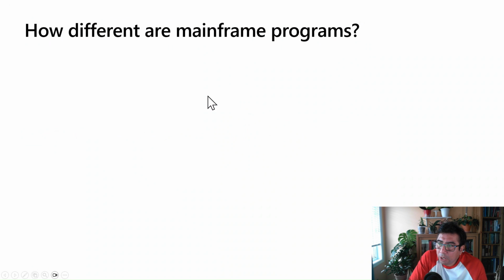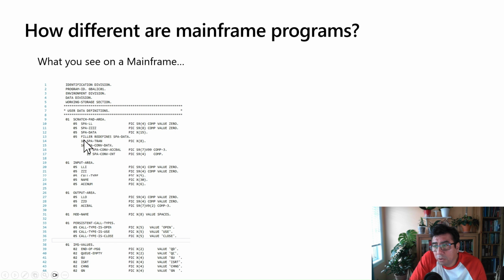Okay, so first of all, how different are mainframe programs and environments? One major difference is that mainframes run on EBCDIC, not on ASCII. Also, COBOL is the most known programming language for mainframe systems, so it will be very natural for you to find COBOL programs everywhere. But now, that is what you have today. I mean,